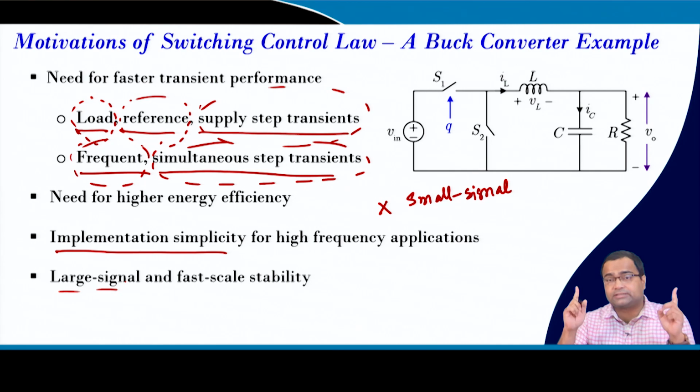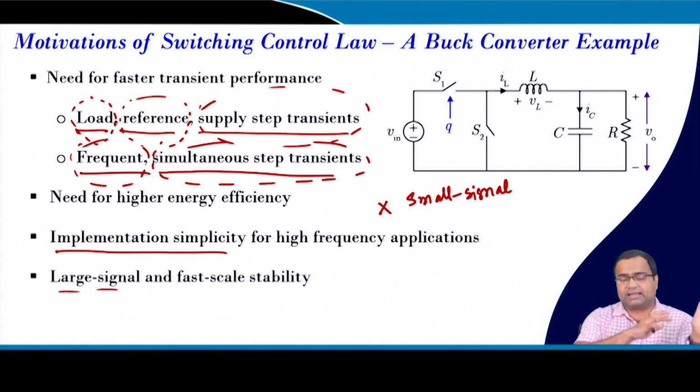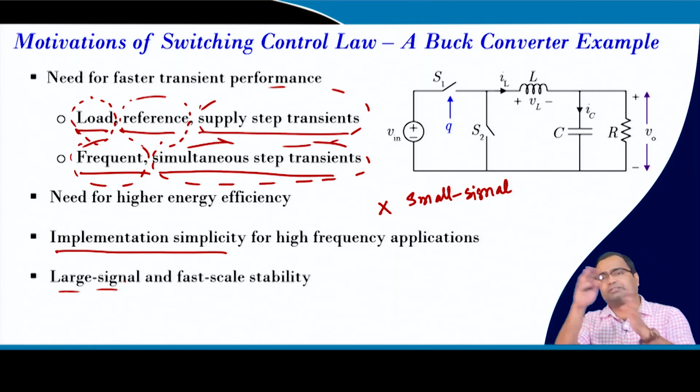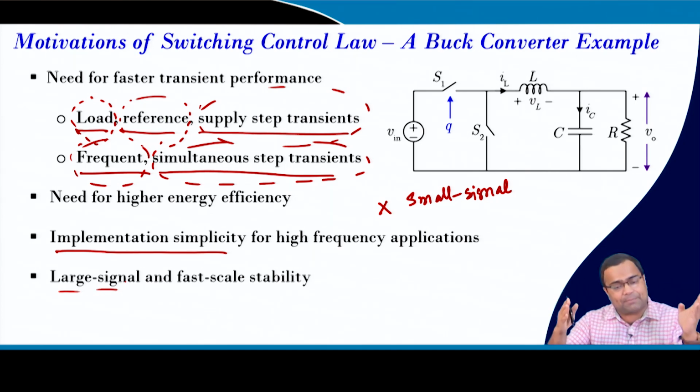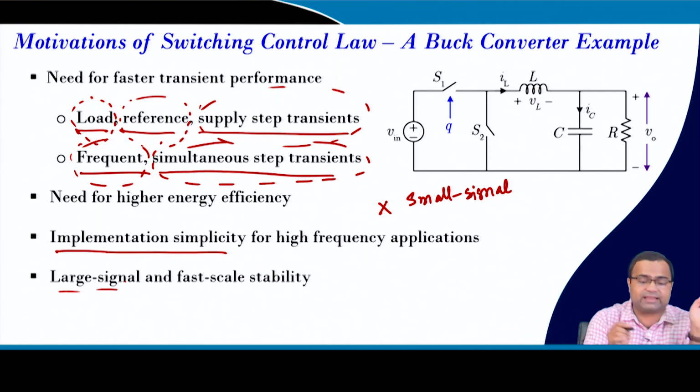There are two more stabilities, the large signal stability. That means the system should not collapse, and this is very important, particularly for boost as well as the indirect power transfer converter, where initially we take the energy in the inductor and then we transfer it to the output side. If we do not take proper care and the large signal is unstable, the whole system can collapse and it can burn, like the inductor can saturate and it can damage your devices also. So you have to be very careful.